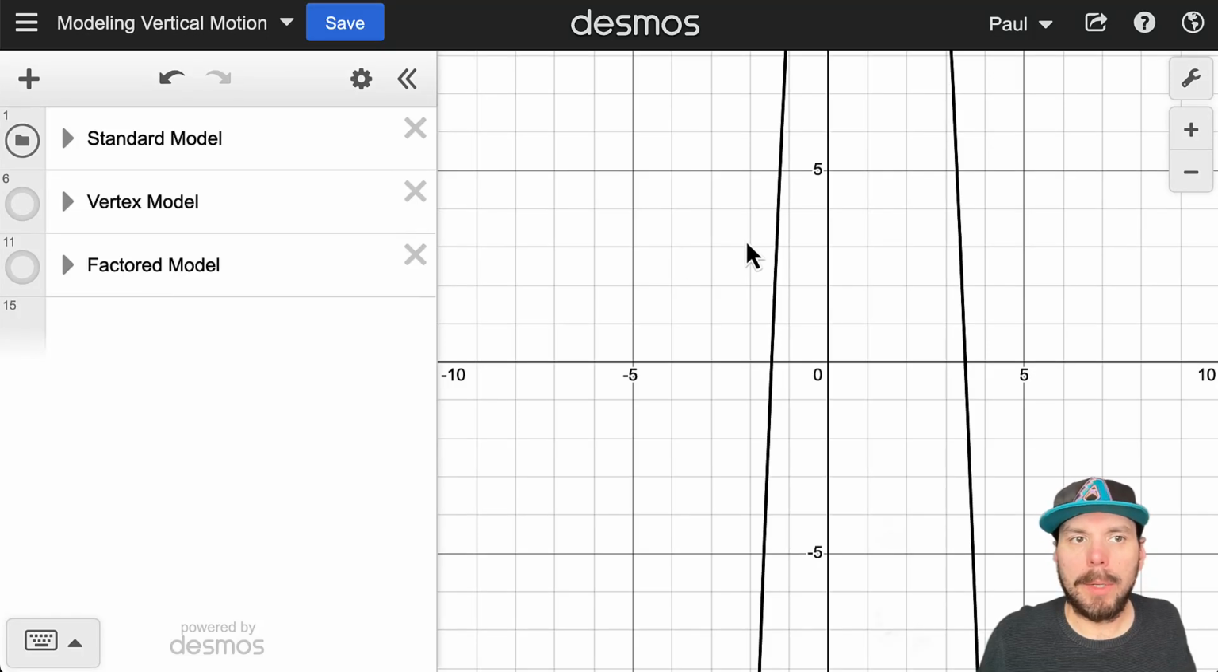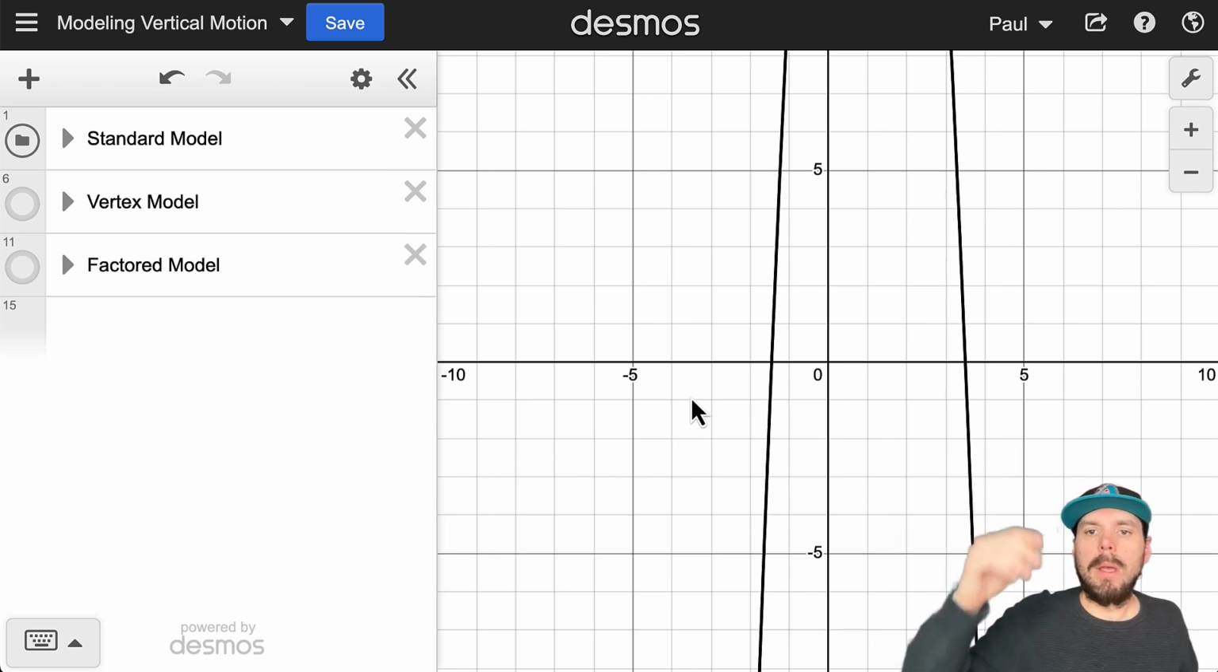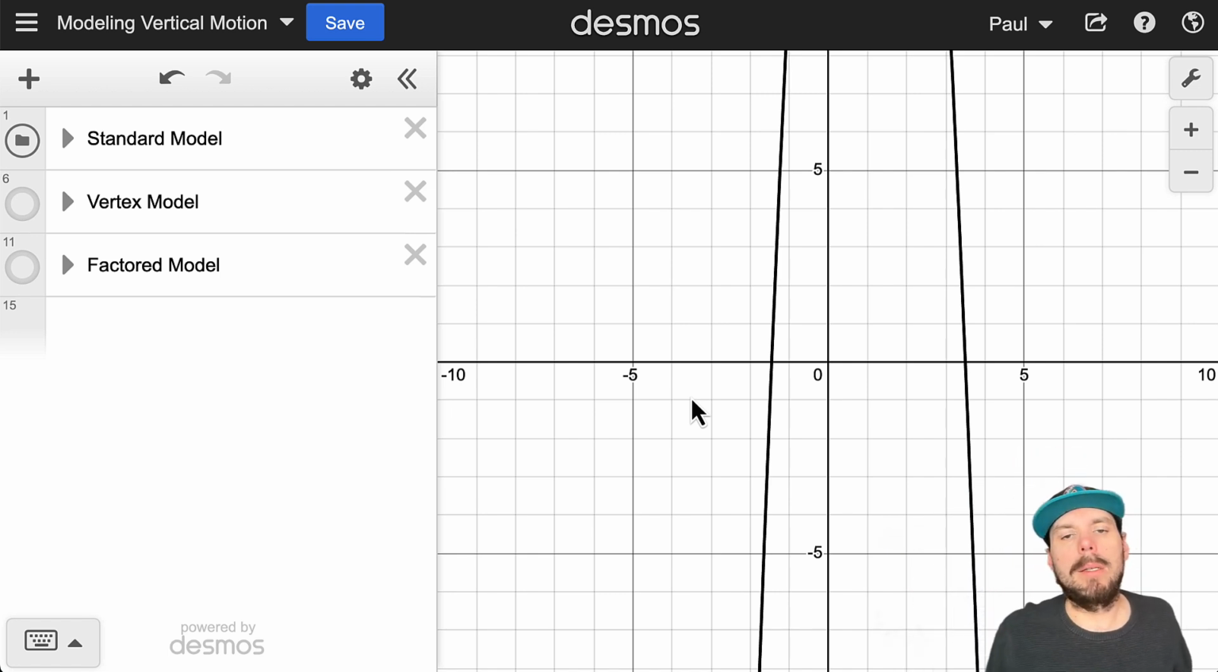Let's take a look at an application problem where we have a model for vertical motion. This is when an object is fired or thrown just straight up in the air and it flies up, reaches a maximum height, and then drops back down. It's really going straight up and straight down, so there's no x component whatsoever, but instead we use the x-axis